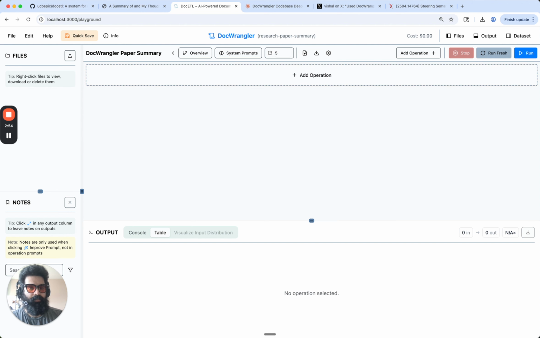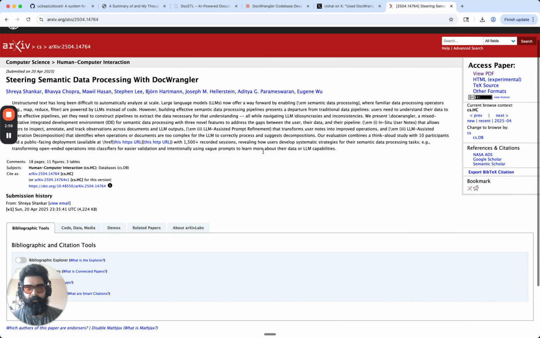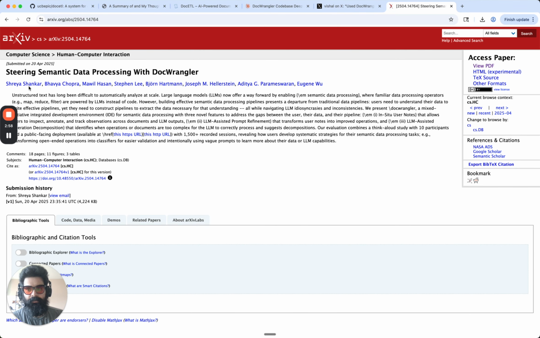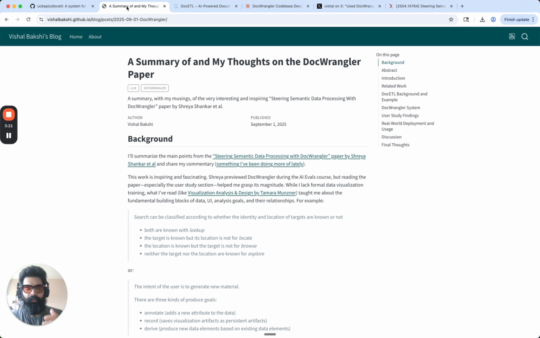I'm going to take the PDF from the DocWrangler paper, the Steering Semantic Data Processing with DocWrangler paper, Shreya Shankar et al. And I'm going to create a pipeline to extract the main takeaways from the paper. The reason I'm doing this is, one, it's one document, so it's much more manageable in scope. And two is I already did a summary of the DocWrangler paper, so I've read it 1 or 2 times,